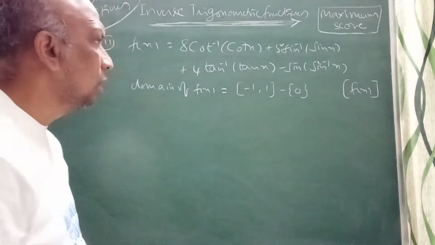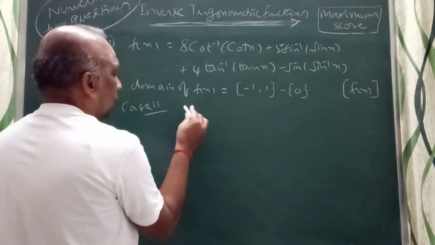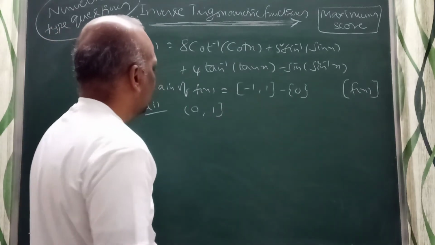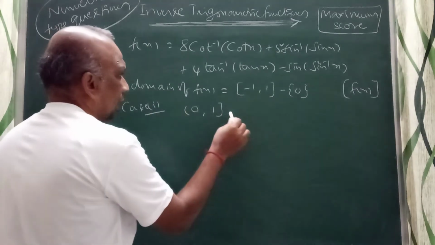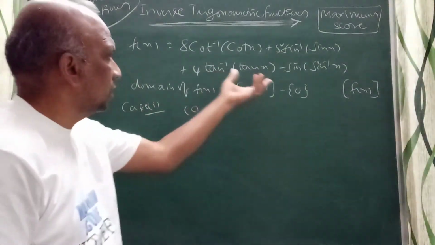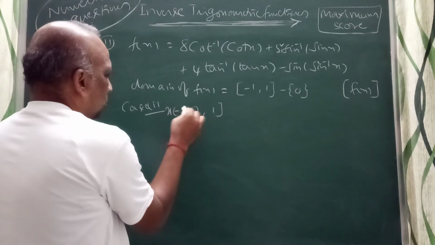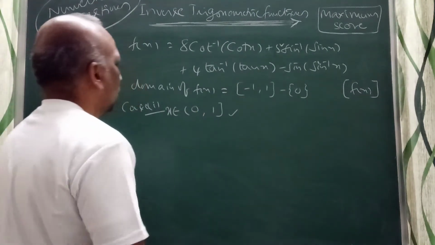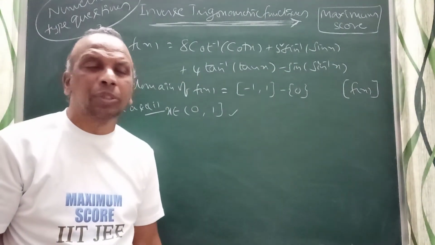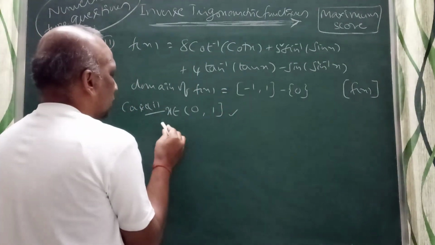So now I will consider case 1. Case 1: x belongs to (0, 1], including 1 and excluding 0. Suppose x belongs to 0 comma 1. This is the range, and the domain of f(x) is this. When I have taken x belongs to 0 comma 1, including 1 excluding 0, you can observe here, when I have taken this as the function f(x),